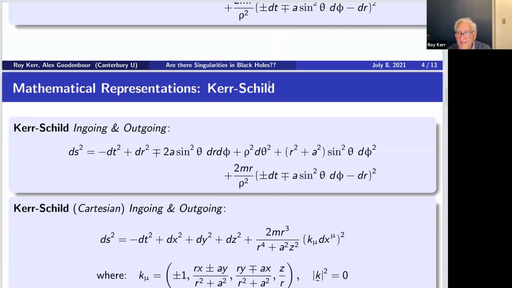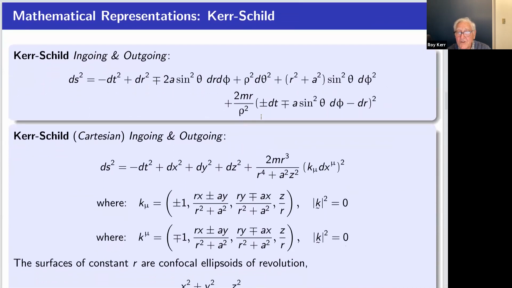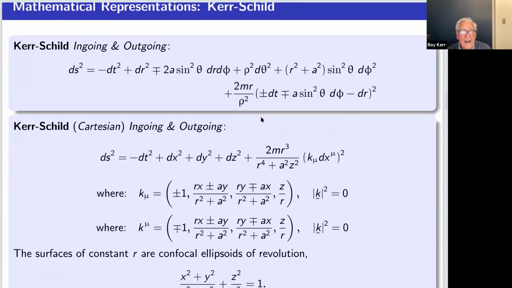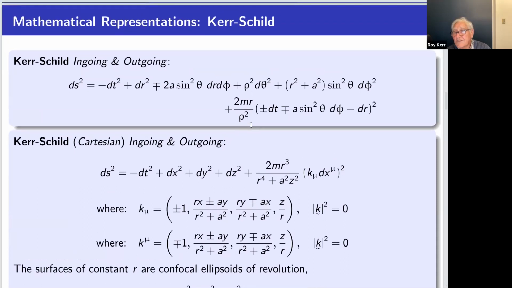So that means that when I do that, there's just a few changes of sign in the metric. If I go from this rather nasty looking differential form here, which is actually flat space, that part, the first part before the 2mr over rho squared is flat space, that can be transformed to the form of dt squared minus dx squared plus dy squared plus dz squared. The other term, the squared term, is the square of